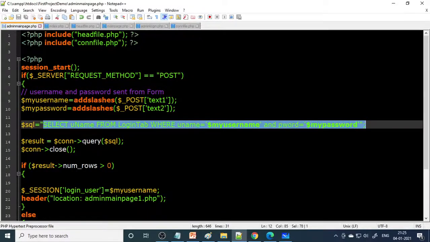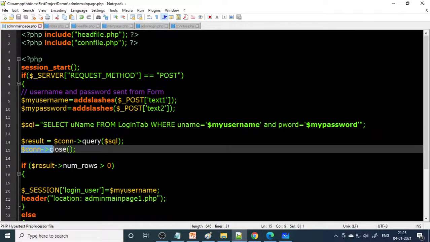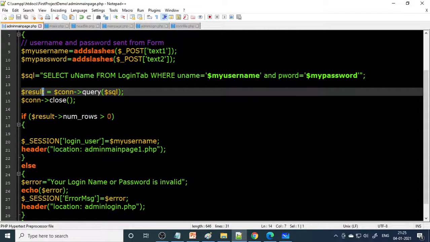Next, what we'll do is we'll execute the statement. We'll say result is another variable. Connection, we know connection, okay, it's SQL connection. Once you execute this, it should connect to the backend MySQL and it should execute this query. And then we'll close the connection, and whatever return values there are will be in the result.